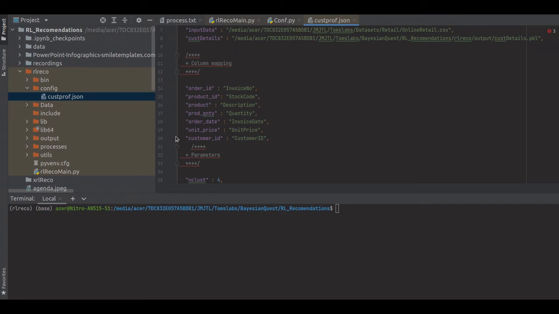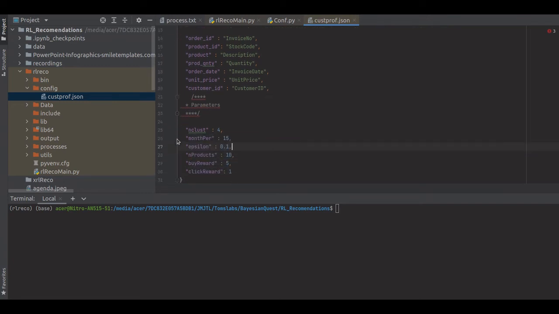Now why we are doing this is because suppose you want to make this very generic. Now you are doing it for this retail set, but say you want to do it for another data. Probably the names of all these features could be completely different. So rather than changing that in the code, we can just change it in the configuration file, and then all these changes would happen. That's why we do a mapping between this. So it makes the code a little more usable, much more generic.